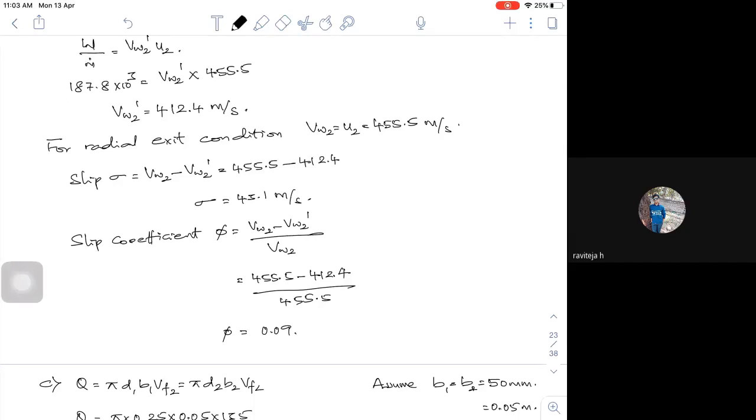If you want, you can try the fourth problem also. The remaining ones I have put in that numerical sheet. We have n number of unsolved numericals, around 15 to 18. It is already uploaded on the Google Classroom. You can go through that and solve as many problems as you can. All varieties of problems are there. Only with respect to centrifugal compressors, I know that I can't solve all the problems, so I am just taking up 3 numericals. If you have any difficulties, you can post it on the Google Classroom and we can discuss it.